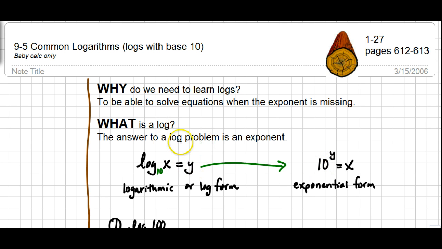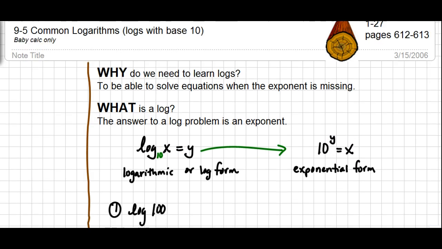The answer to a log problem is always going to be the exponent part. So in this case, the y represents the exponent. So if we take base 10 and raise it to the y, we'll get the value of x. So let's practice that now